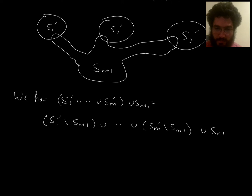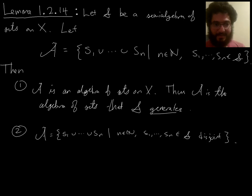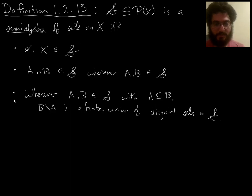And then union Sn plus 1. And proving that this is equal to this is a pretty easy set theory exercise. You can do a set theory, kind of Math 8 style proof that this is equal to this. And now again, this funky condition down here in the definition of a semi-algebra of sets, it gets to shine in this moment. So anytime you take